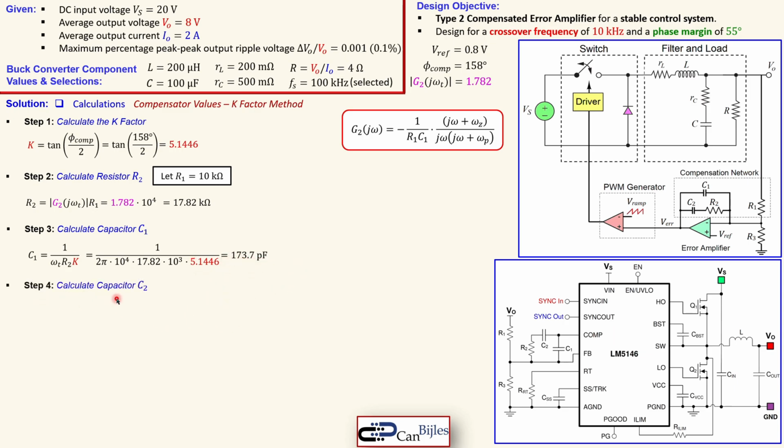Next one is the capacitor C2. In a similar form, you see here, the only change is the K goes up, and then the exact same procedure. In this case, we get now 4.596 nanofarads. The final one is the calculation of the R3 here, because we need to make a voltage division